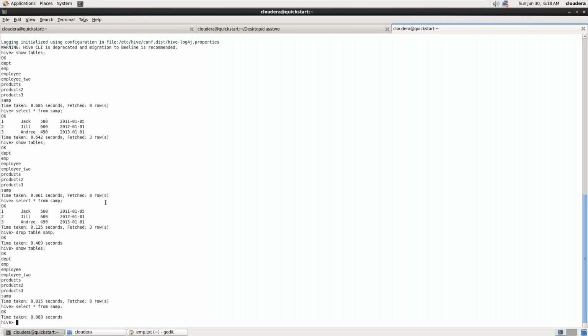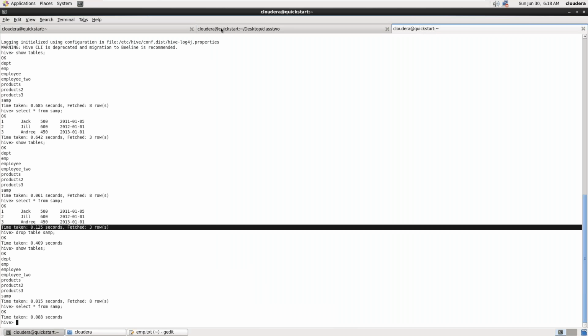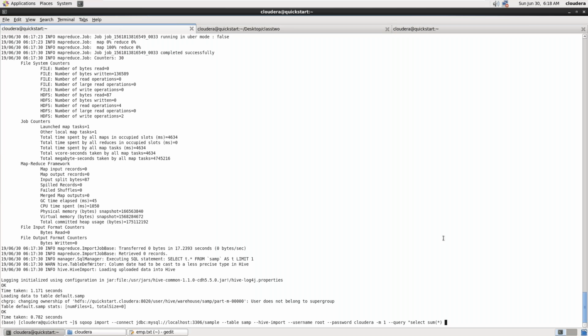And there are several other things. Probably you can write a query something like this also. So you can go back and say, instead of where, you can in fact write a query itself. So you can write a query something like select, let's say, the count of, or let's say the sum of, okay, but the sample is gone. Do we have products? What do we have in MySQL? This is there, right? So okay, we can say, find the sum of emp underscore salary